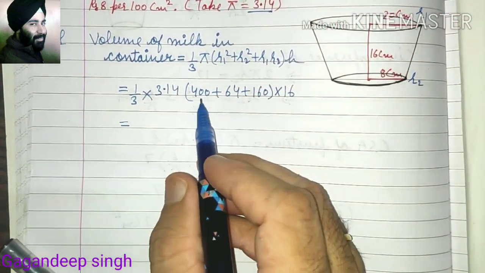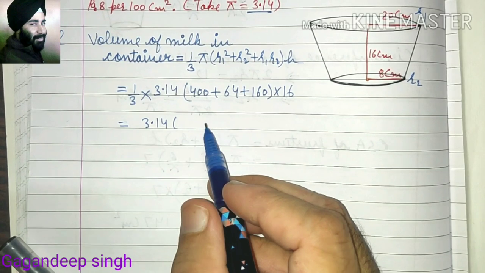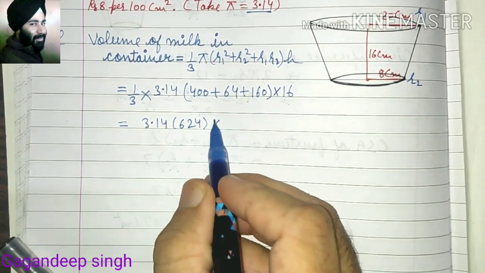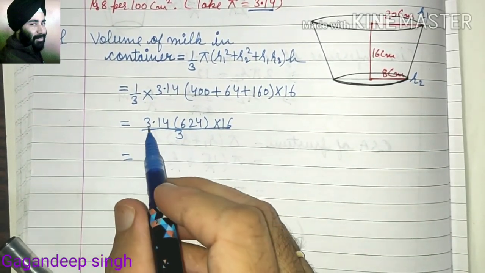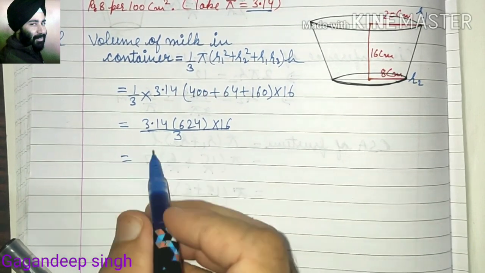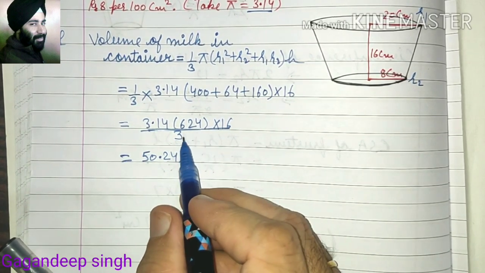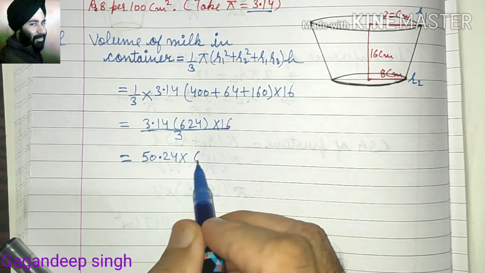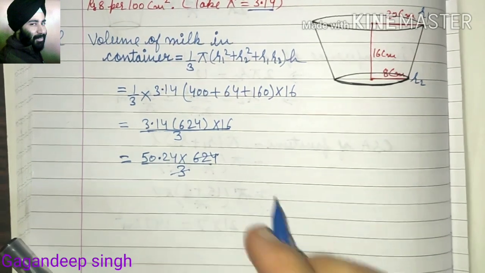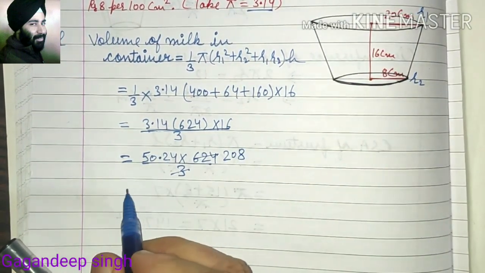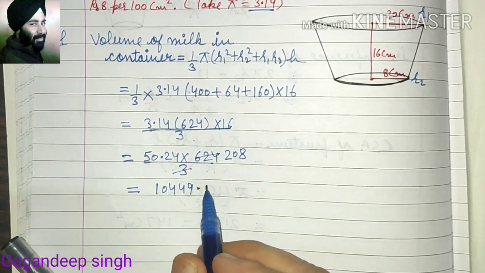Now 3.14 and sum of bracket values, it will be 624 into 16 upon 3. 3.14 into 16, its value is 50.24 into 624 upon 3. After cancelling it will be 208 and product is 10449.92